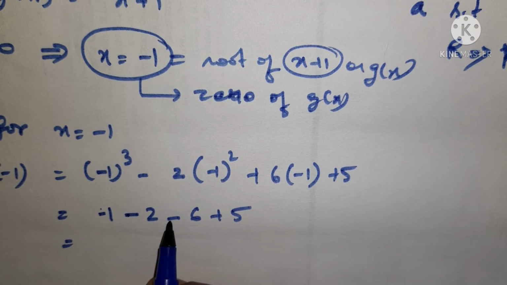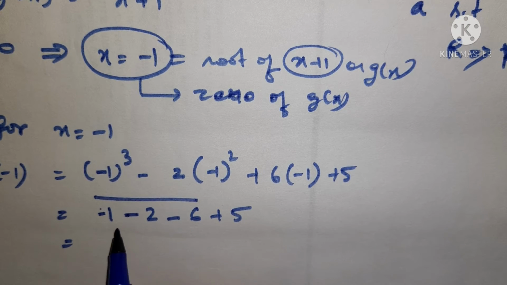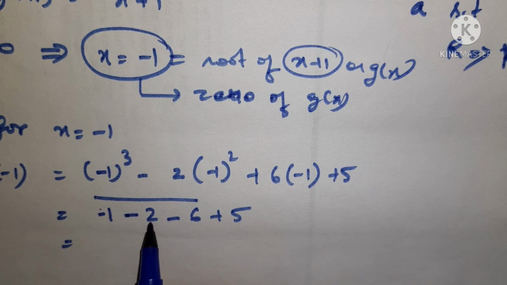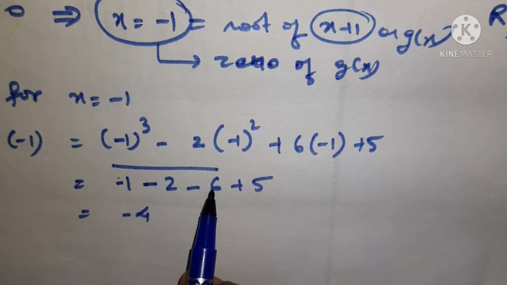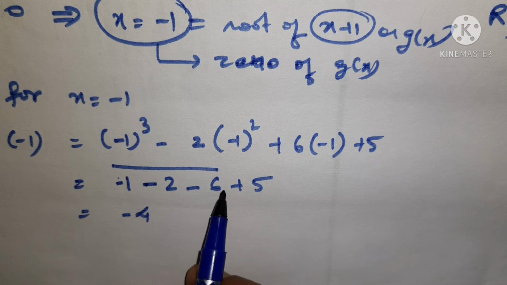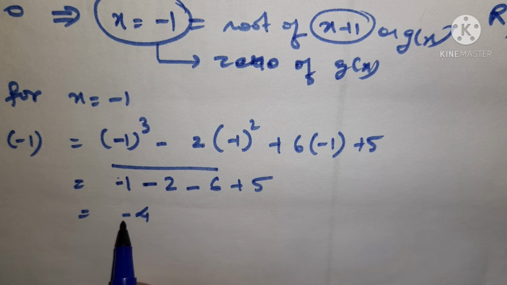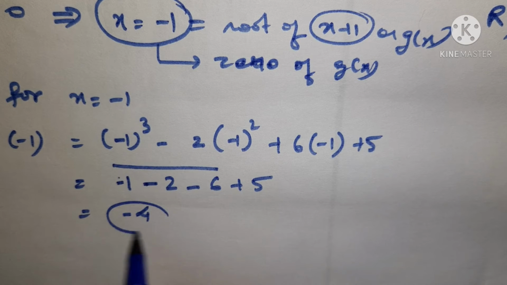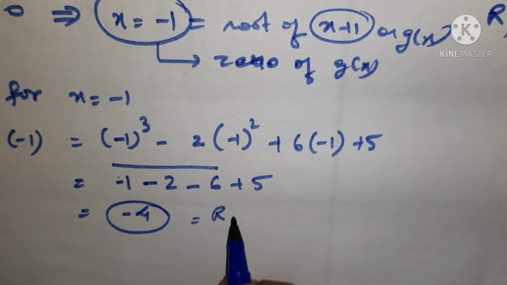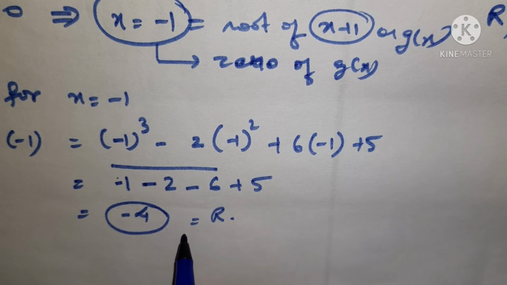So you will get 6. These three have the same sign, so you add them up. 6 plus 2 is 8, plus 1 is 9. 9 minus 5 gives you minus 4, right? इनको हमने ऐड किया तो 9 आया, माइनस का साइन था तो माइनस 9 आया, माइनस 9 और ये प्लस 5 है तो हमें सब्ट्रैक्ट करना होगा, will get 4, और जब 4 हमने किया तो बड़े वाले का साइन यानी माइनस लग गया. ठीक है, तो हमारा रिमाइंडर क्या आ गया? Remainder is equal to -4. Understood? आ गया समझ में?